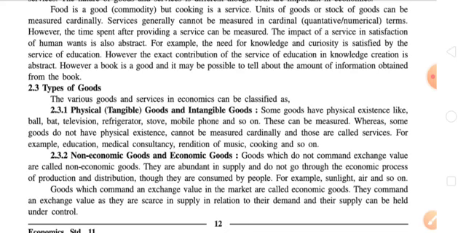Whereas some goods do not have physical existence and cannot be measured cardinally, and those are called services. So if the goods have physical existence, or we can measure them in a cardinal manner, then they are called physical goods. While some goods do not have physical existence and cannot be measured cardinally, and those are called services.